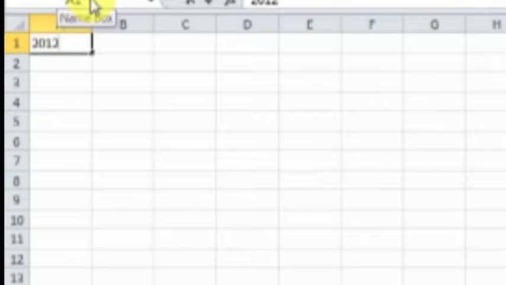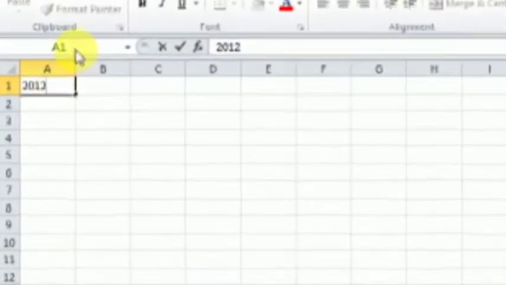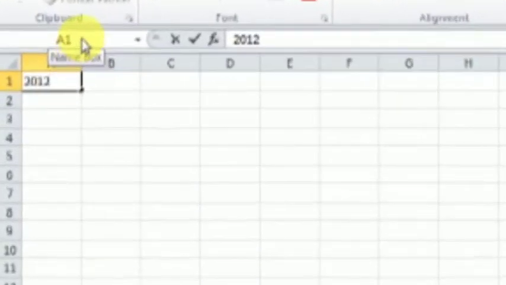The name of the cell appears in a certain box at the extreme left, and that section of the window is called the name box. In other books, you see cell reference box, but technically it is called the name box.